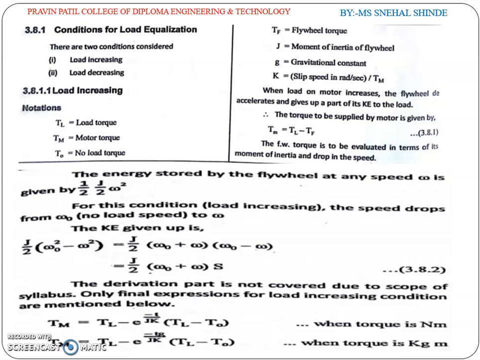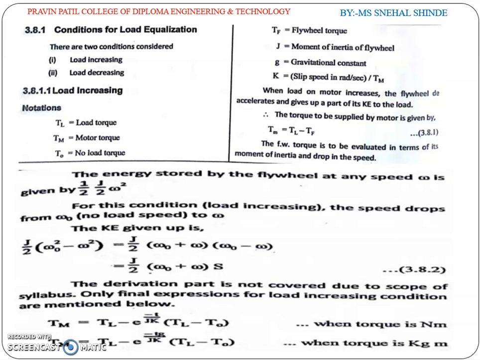In the load equalization process, the fluctuations in the load are to be smoothened. A flywheel is used for this purpose. The fluctuations may occur due to two conditions, that is, load increasing and load decreasing. So we will see them one by one. When the load is increasing, when the load on the motor increases, the flywheel decelerates and gives up